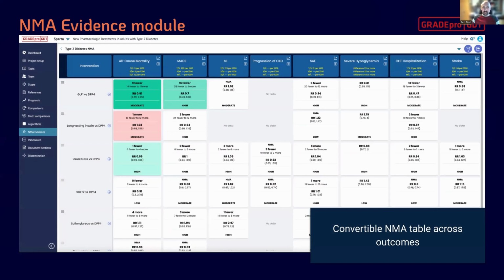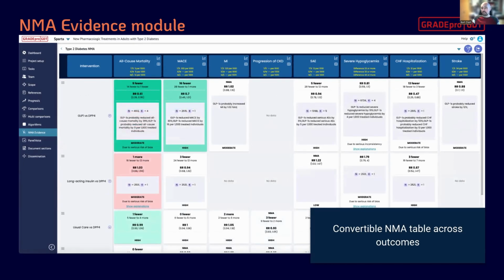So as you can see, there is a new module in GRADEpro, which is called NMA Evidence, and it allows you to take your data from systematic meta-analysis system, bring them to GRADEpro, and create your digital evidence table, which you can later use for your ETD, which you can later export for your presentations, and so on and so on. So as you can see, I call this convertible NMA tables, which we present, of course, across outcomes, and why they are convertible. So this is not only about showing some details of data and going deeper,